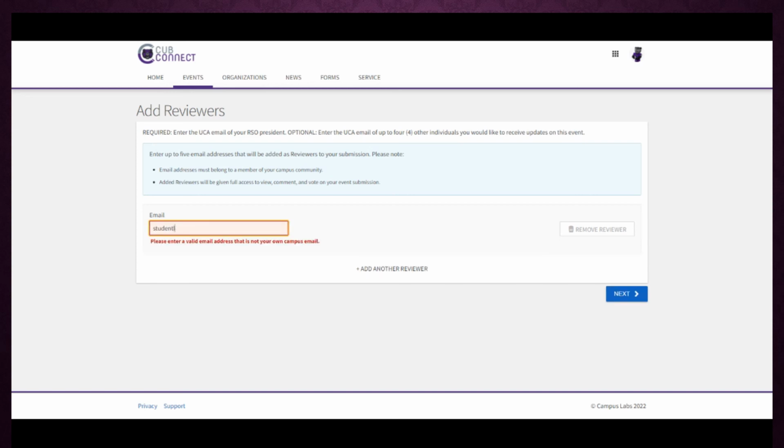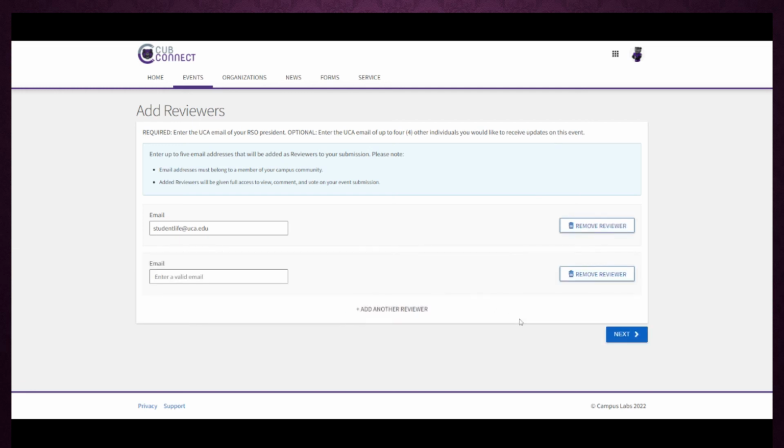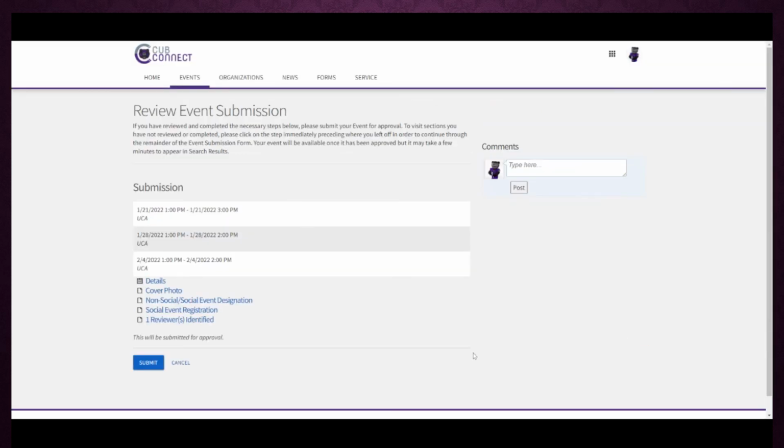The next page asks that you add reviewers. We require that you add the UCA email of the president of your organization. If you have other members of your organization that you'd like to be involved in the submission process for this event, you can add up to 4 other UCA email addresses. If you are the president of this organization, you can leave this blank. The final page allows you to